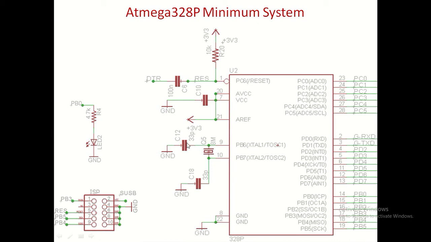So with 33 picofarad biasing capacitors, a crystal should be connected between pin number 9 and 10, which acts as a clock source for the controller. Though Atmel microcontrollers have an inbuilt clock, since it is based on RC values, it is low speed and less reliable. They are temperature dependent, so we always prefer to interface an external clock to this microcontroller.